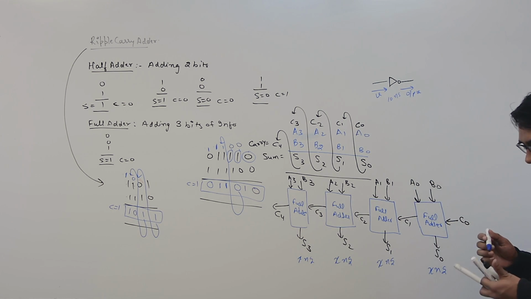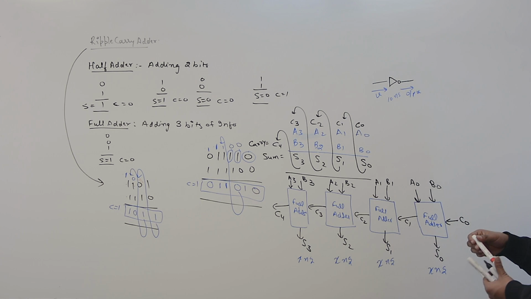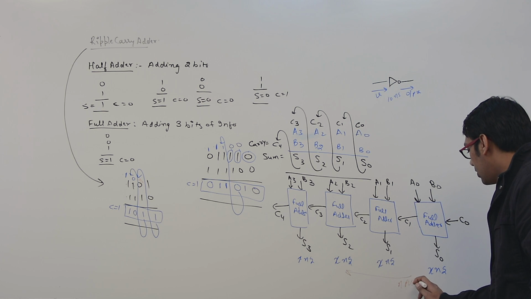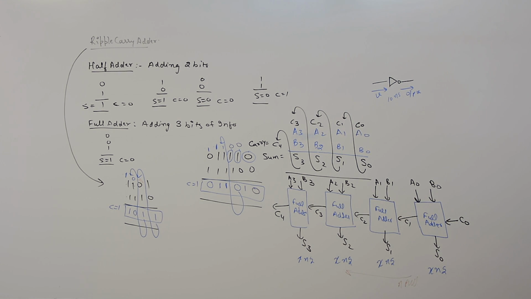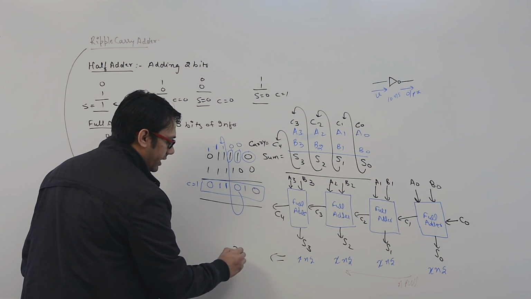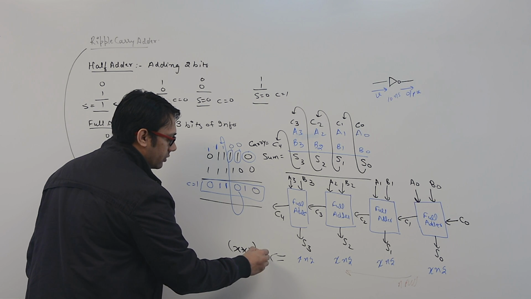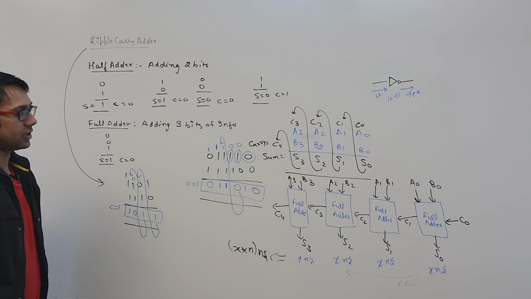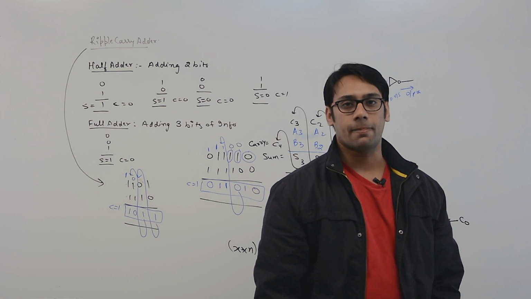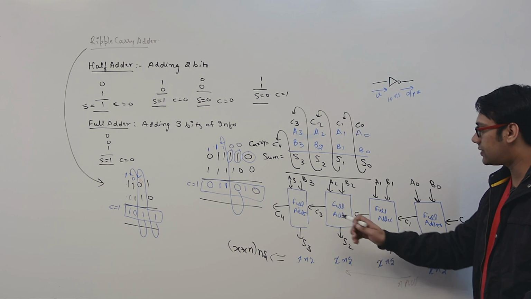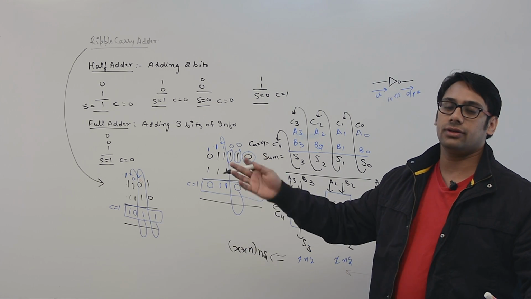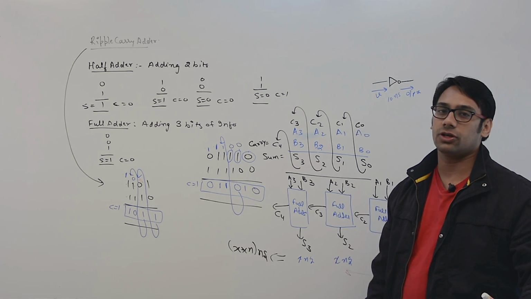Now if we have a total of n full adders, assuming we are going to use n full adders, then the total delay which we are going to get will be X into n nanoseconds. Right, that means there is a dependency between all these full adders. But the problem is, with this dependency, there will be a delay in the circuit, and that delay we need to again normalize with the other circuit, and that becomes very complicated.